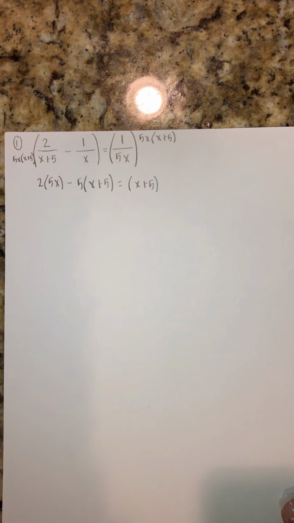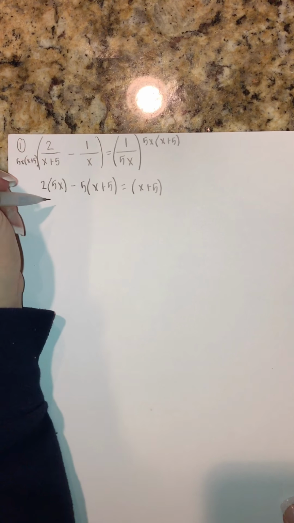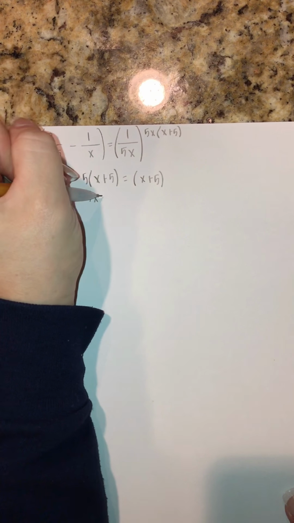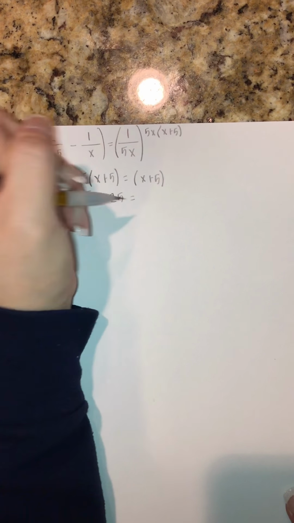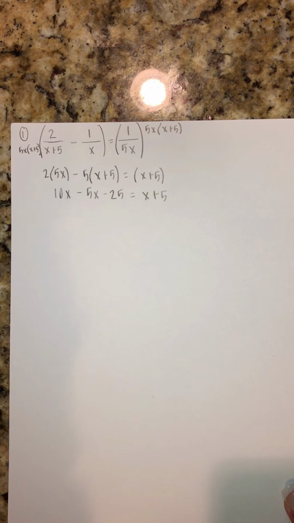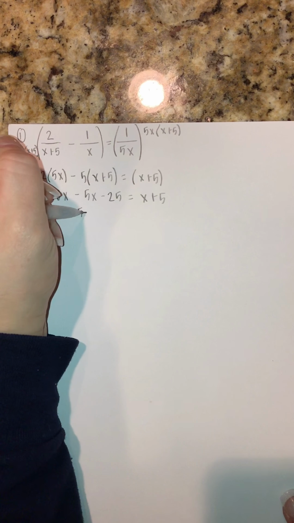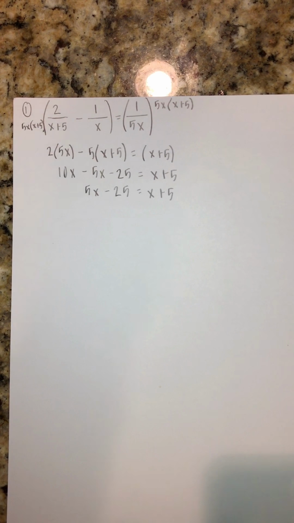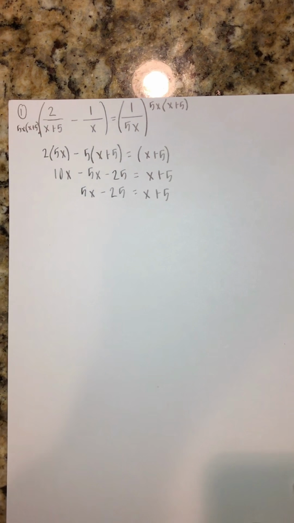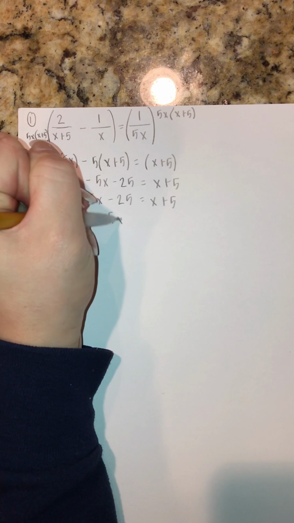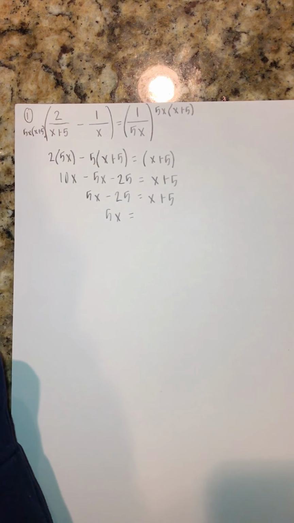Then after that, you would multiply out the factors or terms, so you would get 10x minus 5x minus 25 equaling x plus 5. Then you combine like terms, so that would be 5x minus 25 equaling again x plus 5. Then you get the x term by itself, so you add the 25 to both sides, so you get 5x, oh no wait, you get